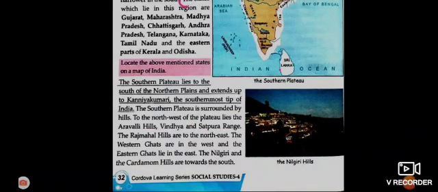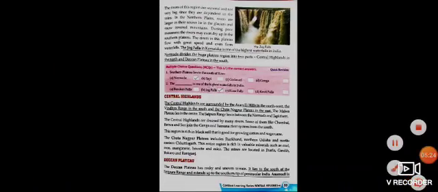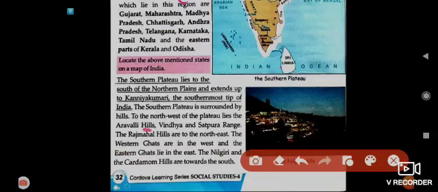Now, the Southern Plateau lies to the south of the northern plains and extends up to Kanyakumari, the southernmost tip of India. The Southern Plateau is surrounded by hills. To the northwest of the plateau lie the Aravali Hills, and the Vindhya and Satpura ranges.